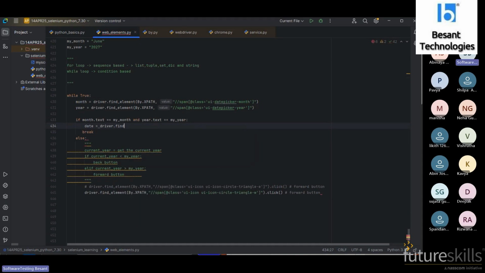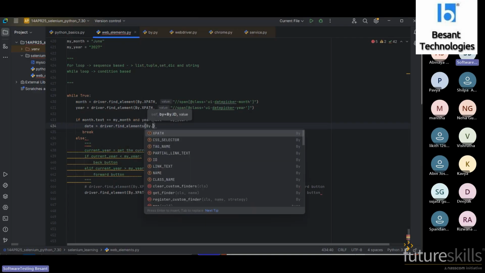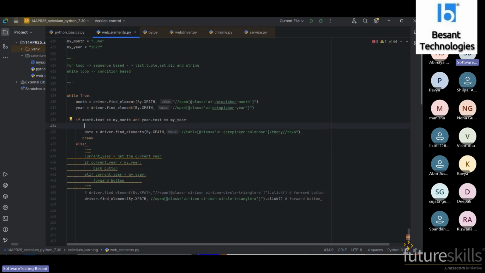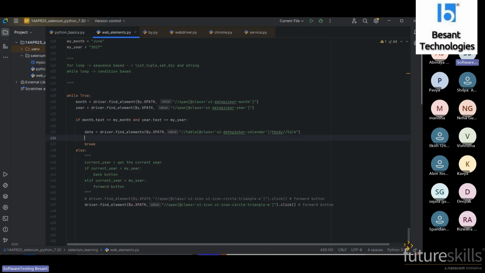Driver dot find elements, providing the value. So this is for elements. There is some mistake, it is an indentation error. So what are we supposed to do now? We have the elements, all the dates.